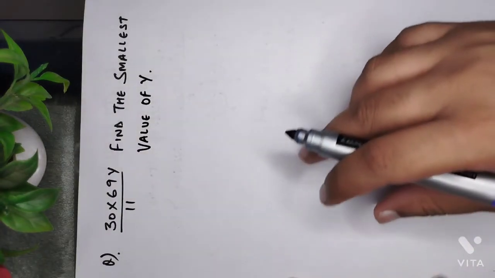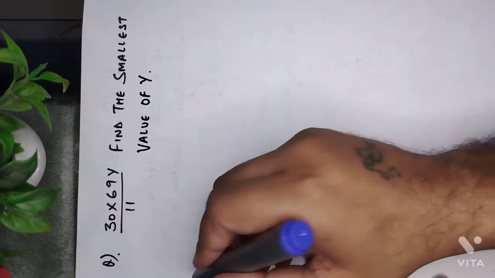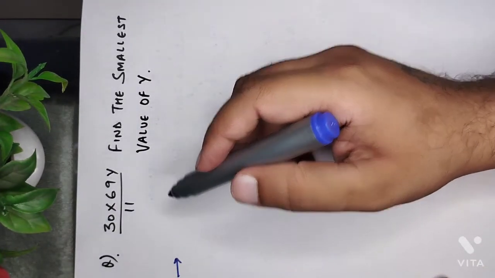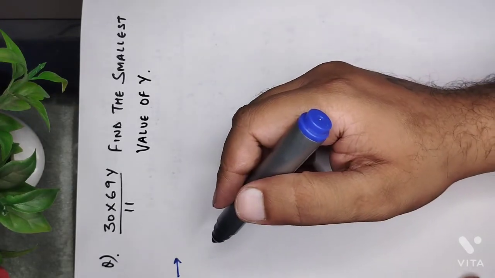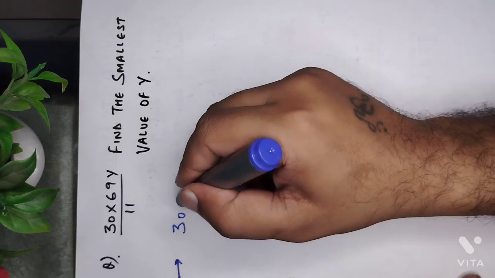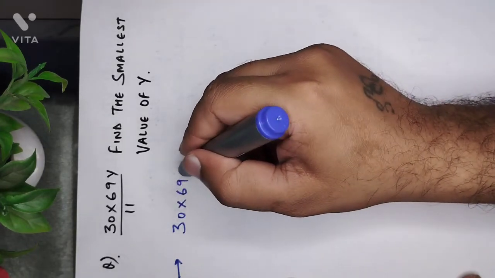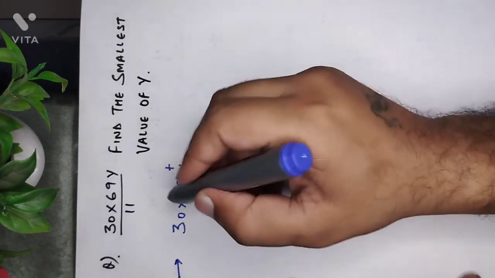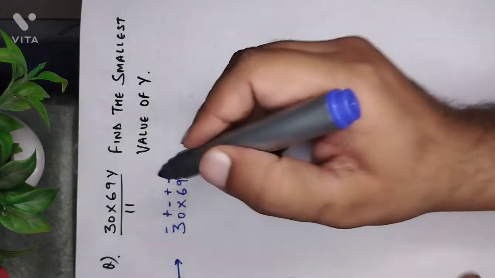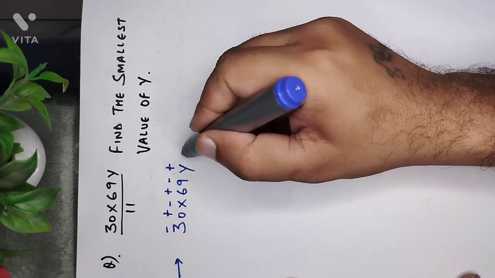Now let us try to see this question. The question is, we have to find the smallest value of y. Now again, what we can do is, we can just apply signs over here. Now we can write this one as